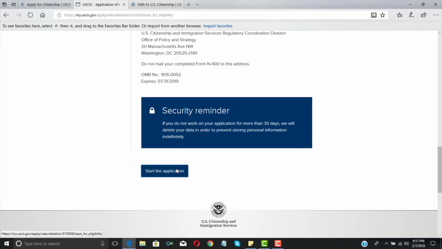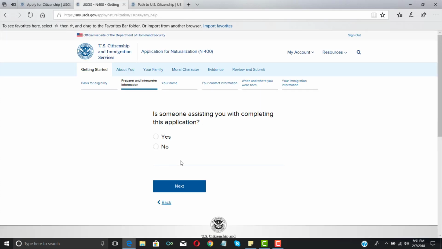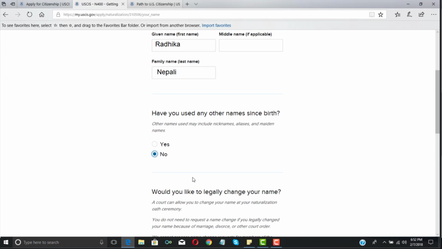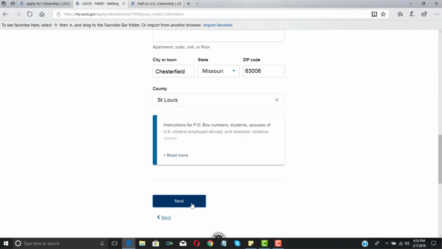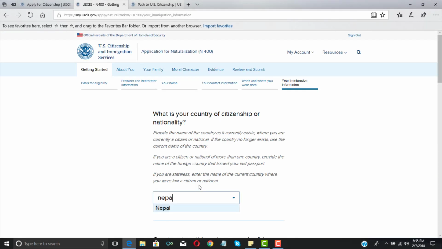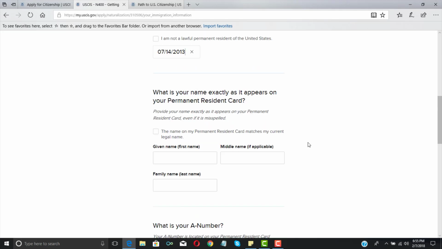Let's start the application. It shows why you are eligible. Hit next. Choose the appropriate response. Let's start the form. Legal name. If you had used any other names, and you have an option to change your name here. Your contact, mailing address, date and country of birth. Next. Your citizenship. When you became a green card holder, name, A number,